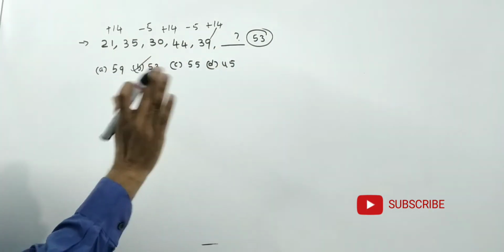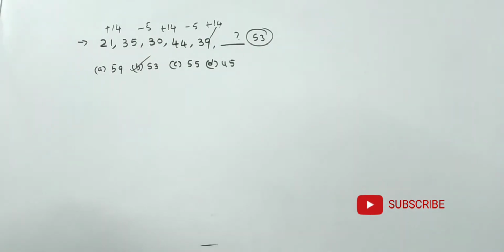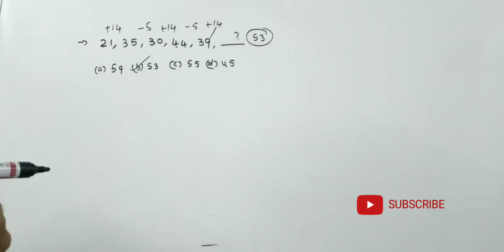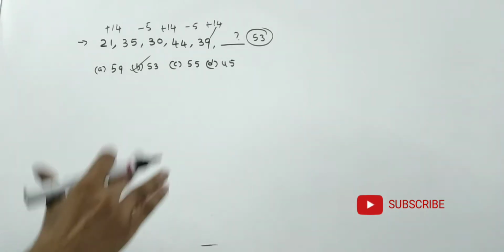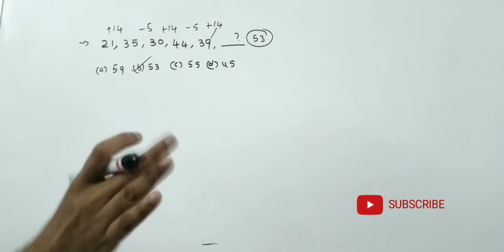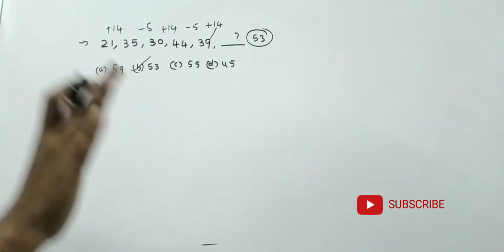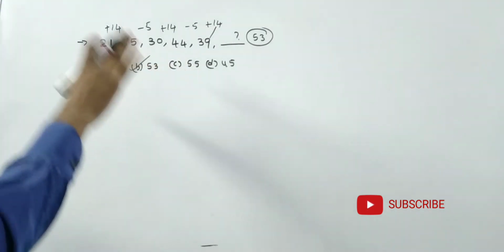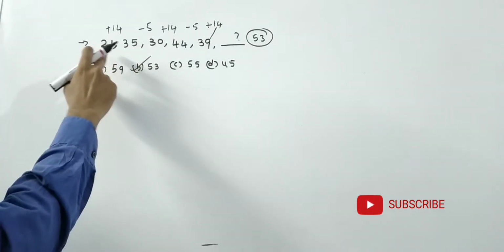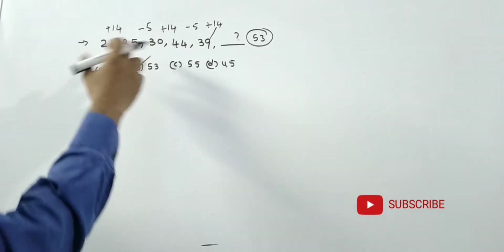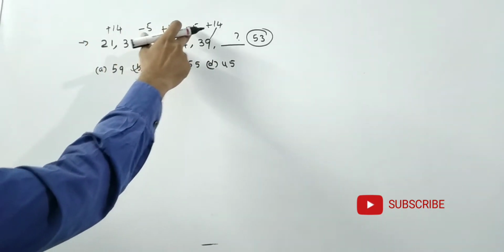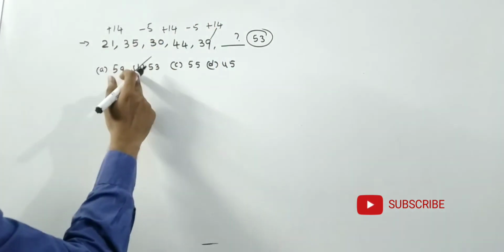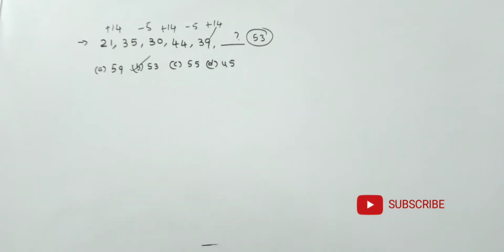Is there any difficult difference? Nothing is there. But we have to do number series problems with peace of mind, with utmost concentration. Then we will get it easily. If you go with tension, we won't get the thoughts. See friends, be patient, be cool, and then go for the answer. No need to write the problem again; by reading the numbers itself we will get it. Here plus 14, minus 5, plus 14, minus 5, plus 14. Then 39 plus 14 how much? 53. So the answer is 53.